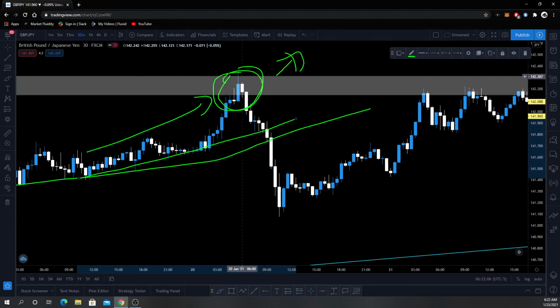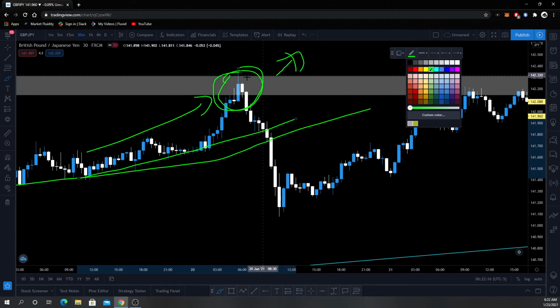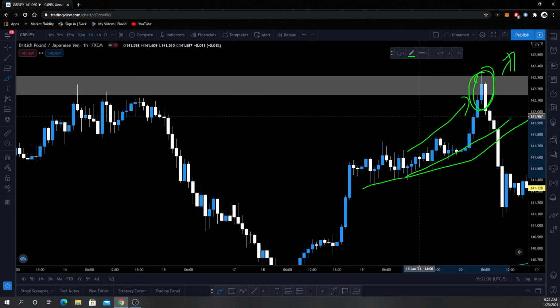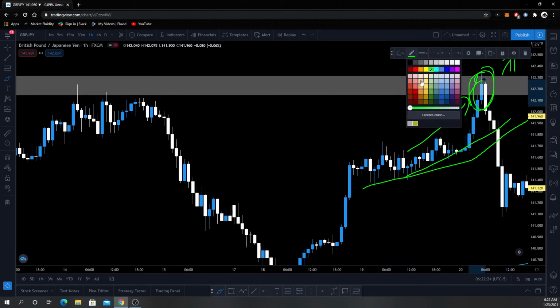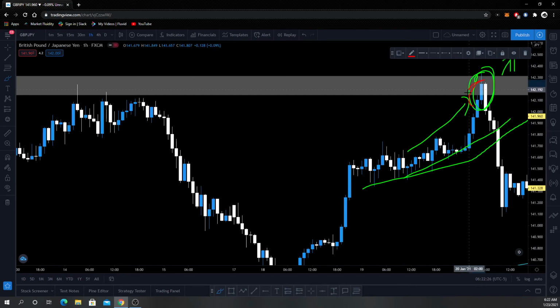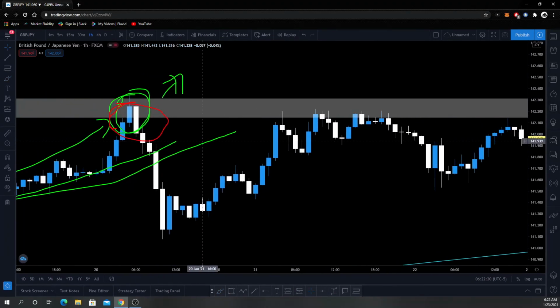So we have the uptrend, the push, and then we have the rejection. Now we need to look for confirmations to take sells. So you could use, let's change color, let's go on the 1H so it's clear. So you could use, no, I need red. Okay, so you could use this. So you could use the big bearish candle and the